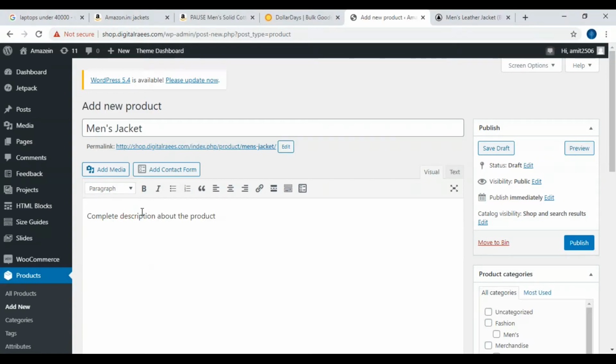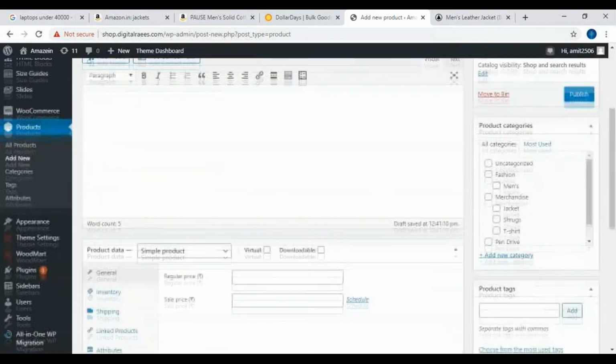Here you have to give the complete description: what material is used, what the size is, how comfortable it is, in which season to use it, how the stitching is, what the cloth is. All the detail has to be given here. This is the box for the complete description.